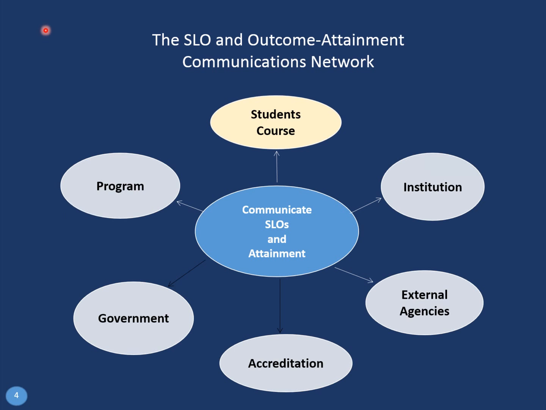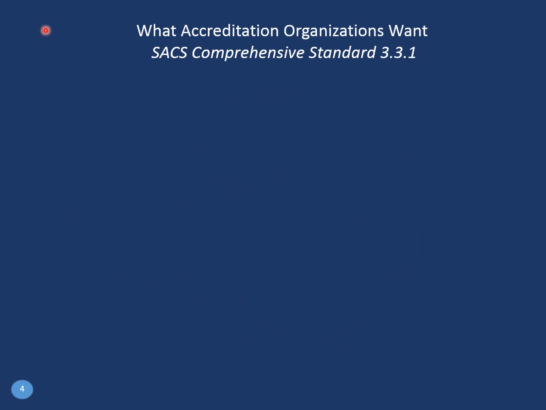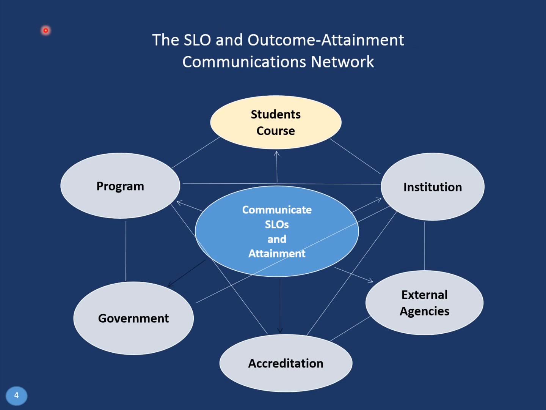And as you can see from this diagram, look at all the connections between who needs to know what and who wants to know what at this point. Of course, the students in the course is the most important, and that's our premise. It's the generator of the information. Mainly, we want to improve learning for students and student success. We also want faculty to understand it, but then there are the other things: program, institution, accrediting bodies, et cetera, and they're all in the conversation now.